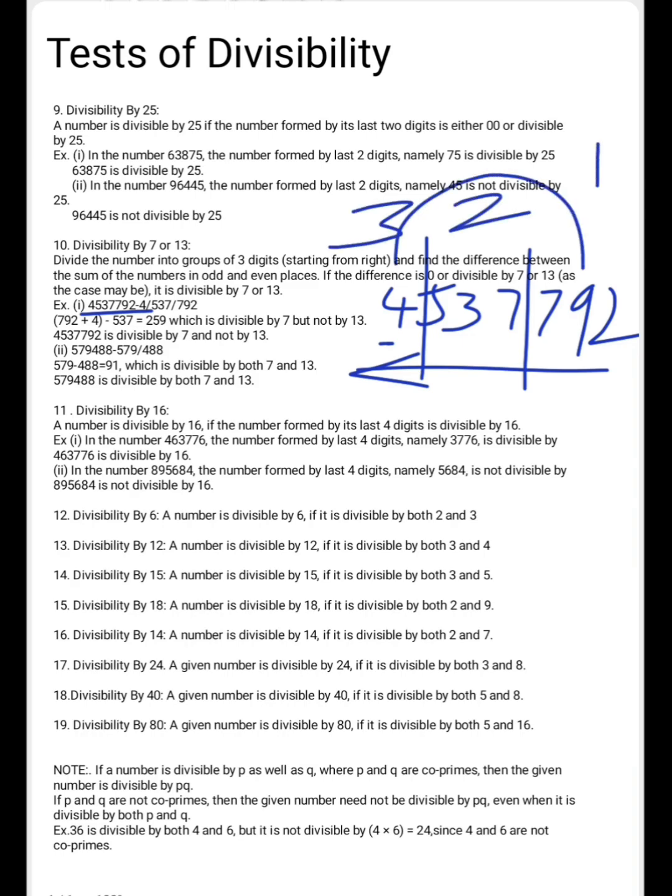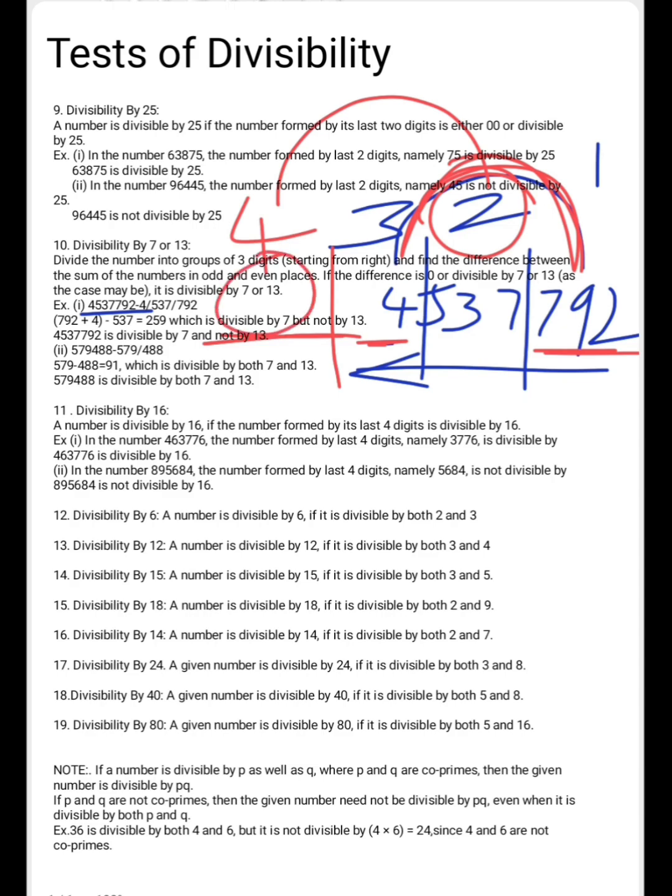1 2 3 will be the number series, and we need to add the first odd places, like 1 and 3. If we add 792 with 4, we get a value of 796, and we need to subtract the even number from it. If we had some other number, we need to add the 4th and 2nd place also, but there is no other number, so we directly take the number of the second one, 537. We will subtract the odd sum minus the even number, like 796 minus 537, we get a value of